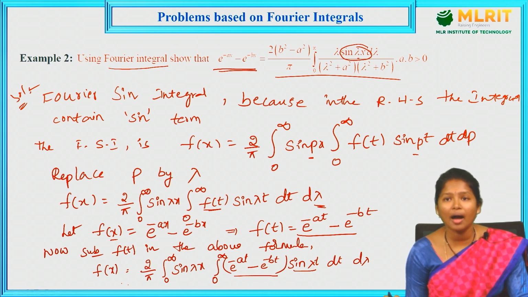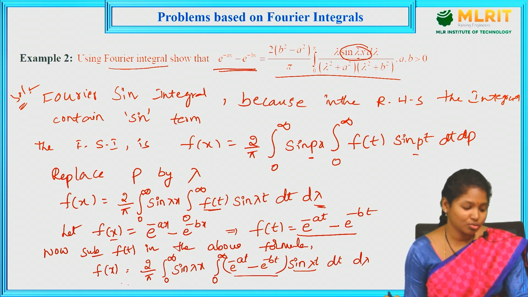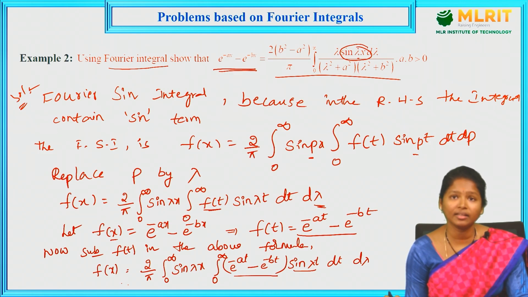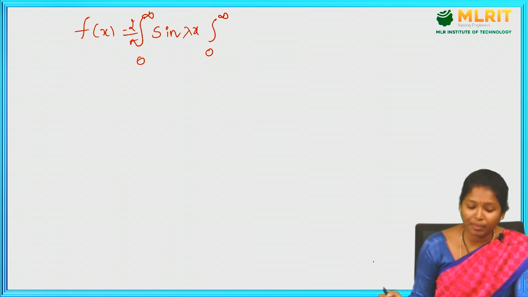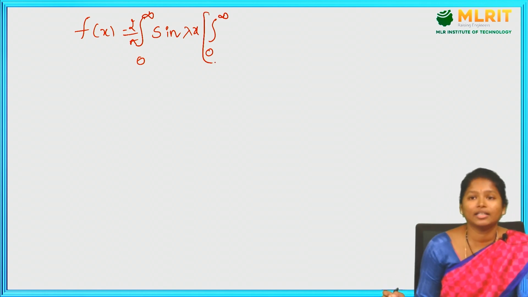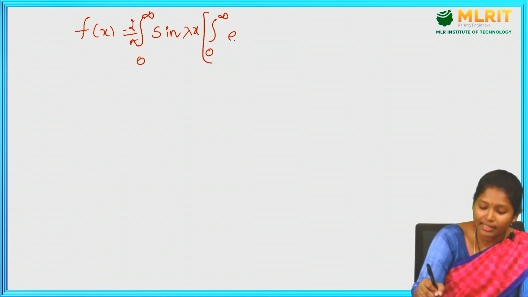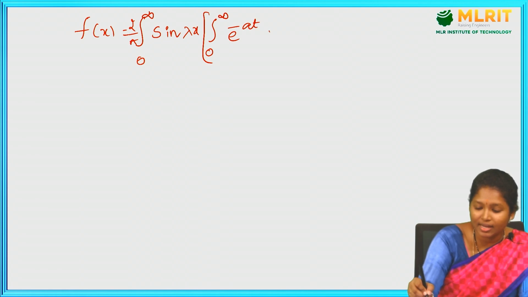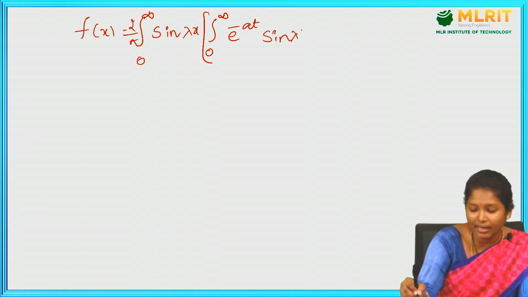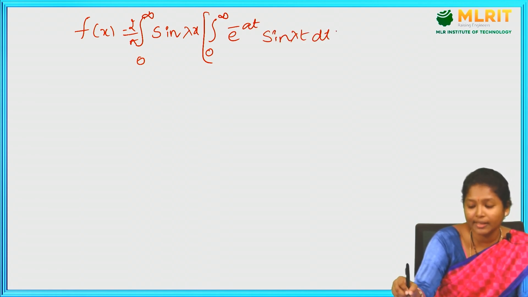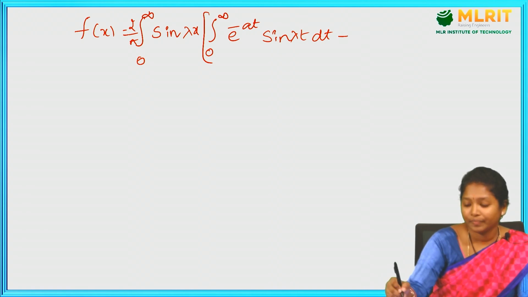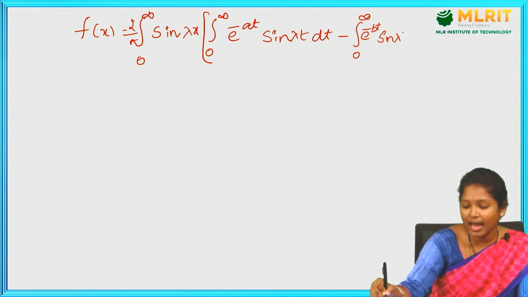So I am multiplying, and we are applying integration by parts. We will get integral 0 to infinity e power minus at sine lambda t dt minus integral 0 to infinity e power minus bt sine lambda t dt